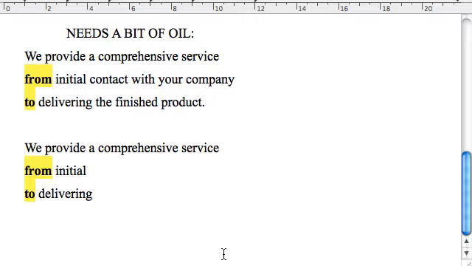We provide a comprehensive service from initial to delivering. Well, no, it does go clink. It doesn't really make perfectly good sense. So now we have to find out why and what we can do to fix it. And I'm going to recommend you do something